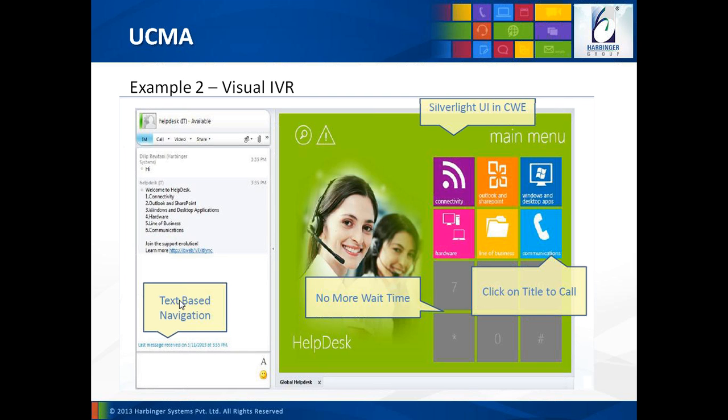But if you're using this system, you can type in your selection or choices very quickly, and when the bot responds saying that we are looking for experts, you can just minimize this application and continue whatever work you are doing. When the bot, or the UCMA application, finds an expert ready to answer your call, only then will it create a call between you and the expert, and then you can pick up the call. So that saves a lot of time as far as the user or the customer side is concerned.